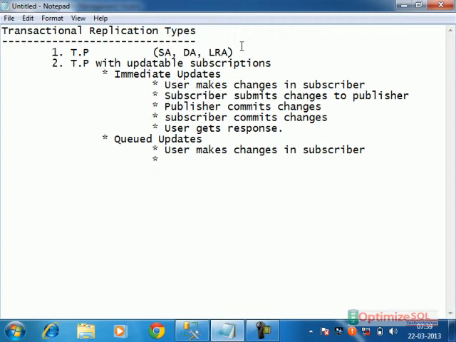It is stored in separate tables here. Subscriber commits changes, user gets response. See, user is not waiting. After some time, subscriber will submit the changes to publisher.